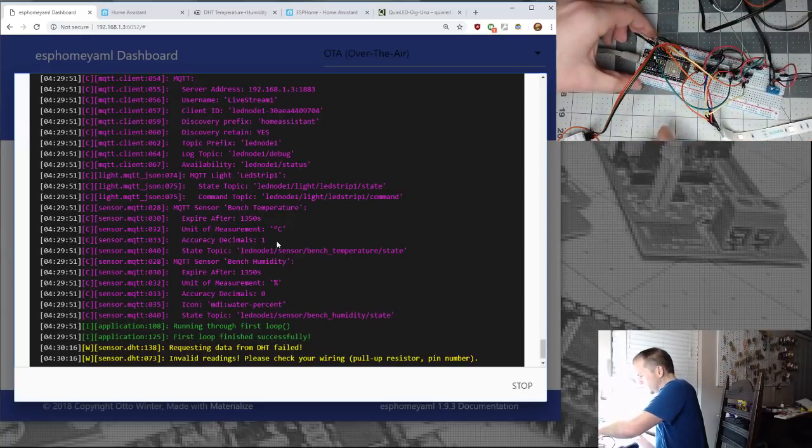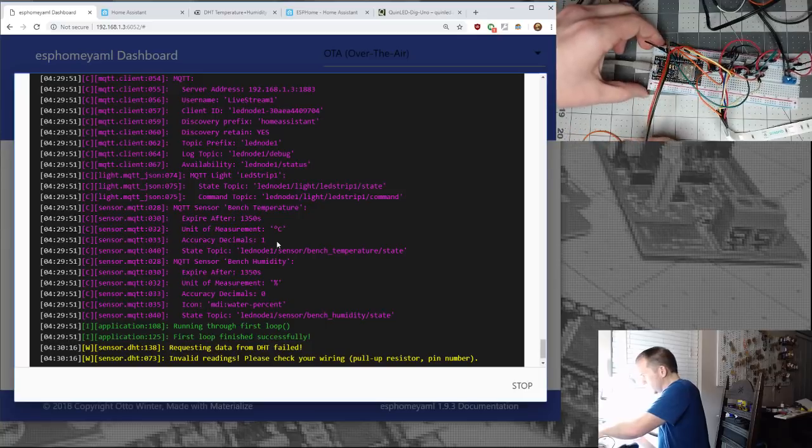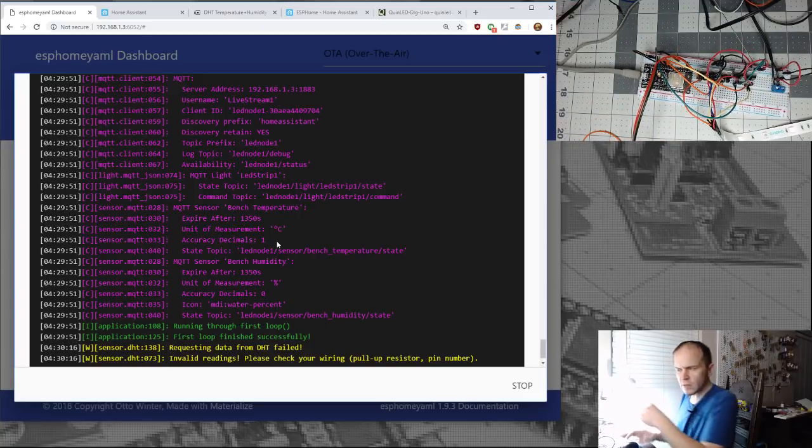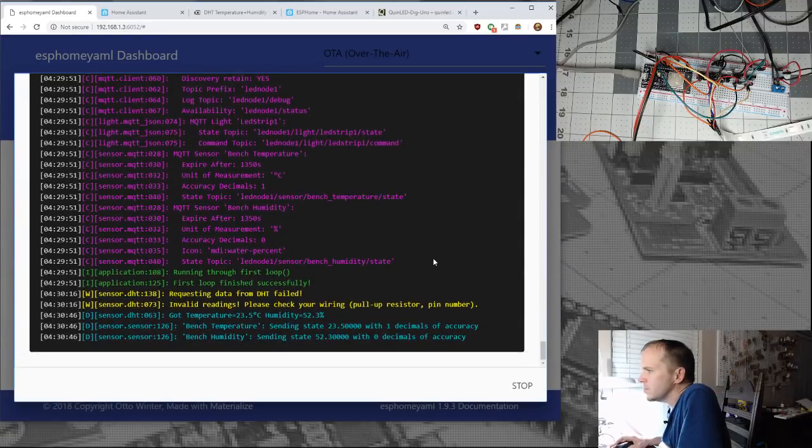And pick up 3.3 volts. Let's see, we get invalid reading, requesting data. There we go. So should be able to pop back into Home Assistant.